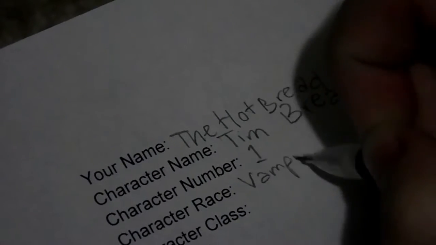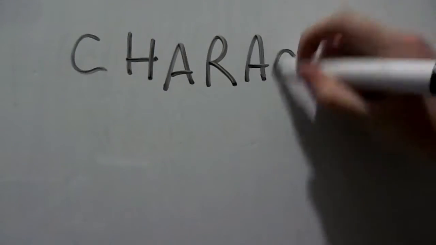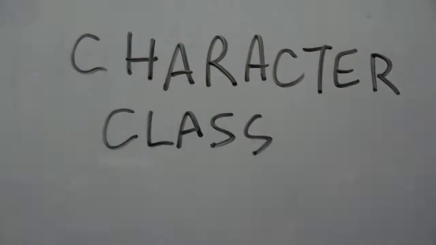You could put Vampire and most likely not die, but you guys will probably die, especially since you just put Vampire. Character class is how your character fights things. Like character race, there's a large range of options, but because it's difficult to lead Loaf Nation, because we can't interact, it's just me talking to you and you listening, it's not so good. So, through an event,